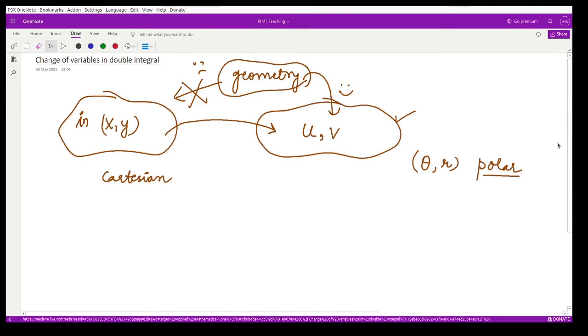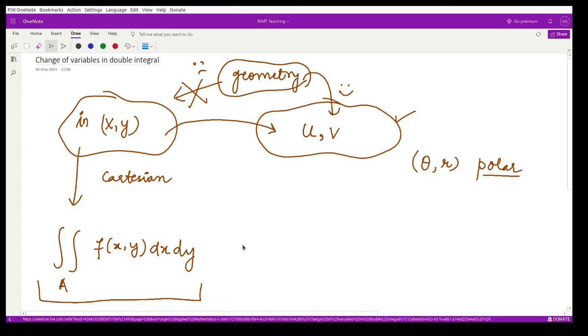Suppose in the Cartesian coordinates you have already calculated the double integral of the given function f of x, y, dx, dy. This double integral in this system would be equivalent to the double integration over this region B,